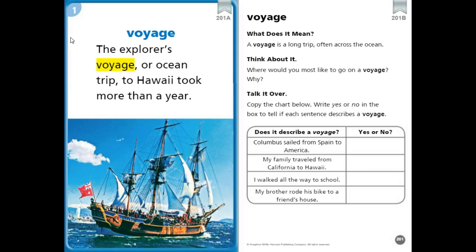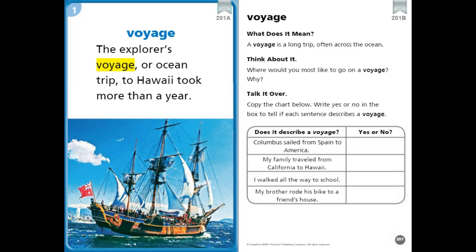All right, we are going to do vocabulary in context cards for lesson 24. We do this so that we can introduce the vocabulary that you're going to see in your anchor text this week, and you'll be working with in vocabulary too. It looks like our anchor text is Dog of the Sea Waves, and we will check that out in the next video. But let's look at these vocabulary and context cards.